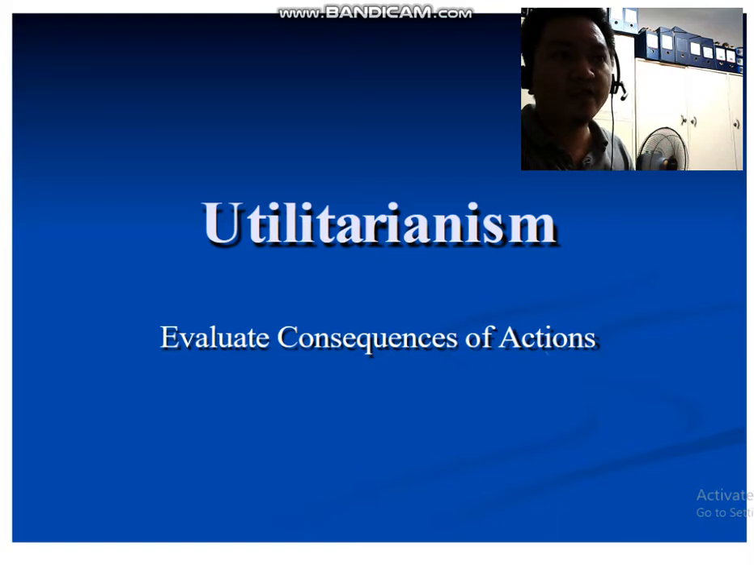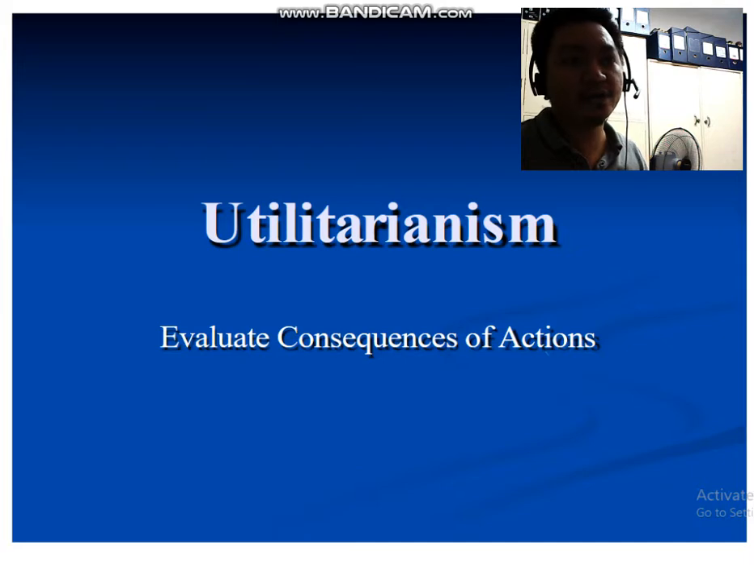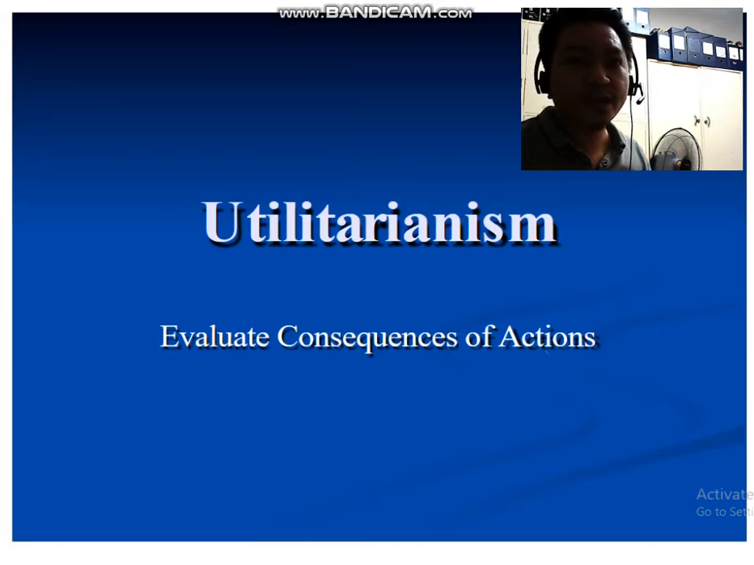It's based on evaluating the moral worth of consequences of a certain action. So you judge a certain action based on the effects or the consequences of that action. So what we will tackle for this session,